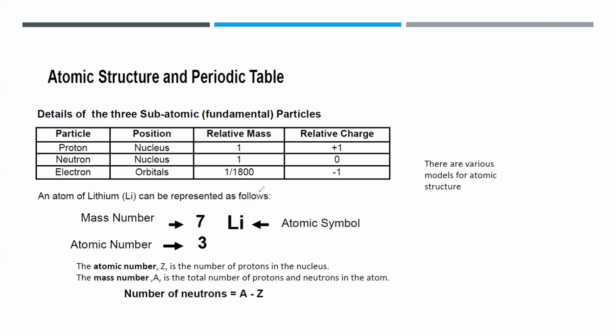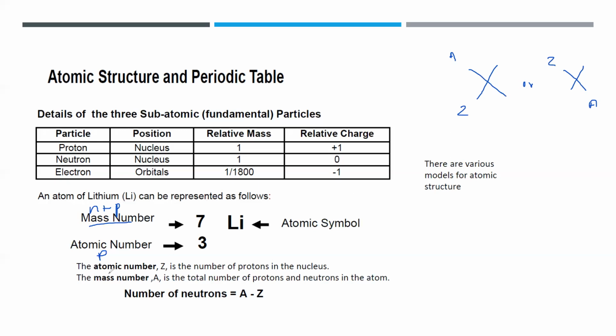When we represent an atom, we use the symbolic representation. We represent it by the mass number, also called the nucleon number, which is the sum of neutrons and protons. And there is the atomic number, which is the number of protons, then the symbol of that element. So we simply represent an element by the symbol X, with A and Z. In some periodic tables you will find the proton number written at the top, but it does not make a difference, as the mass number or nucleon number will be either equal to or greater than the proton number